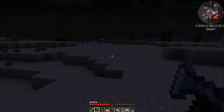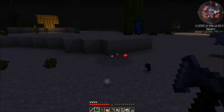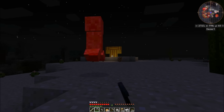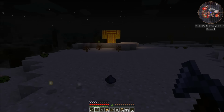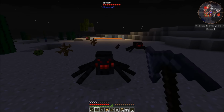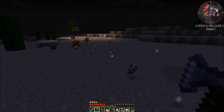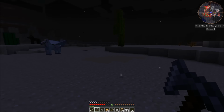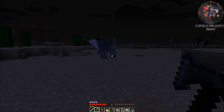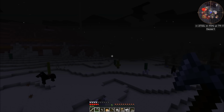There's a zombie. There we go. Here's some enemies. So here we go. Nice. 2 hits on these guys. It's not crazy, but it is 2 hits, so it's essentially like a diamond sword. Maybe even better than a diamond sword. Well, maybe. Either way, I like this because what I can do now is... Oh, god dang it. Thank you. What I can do now is I can go